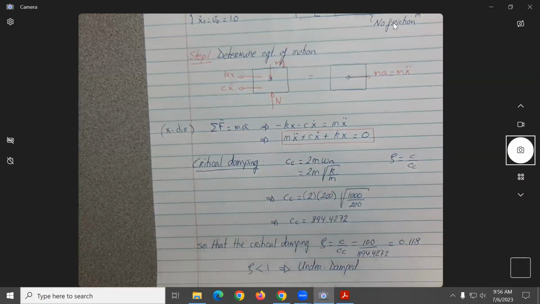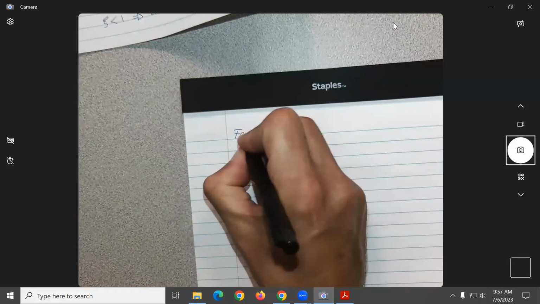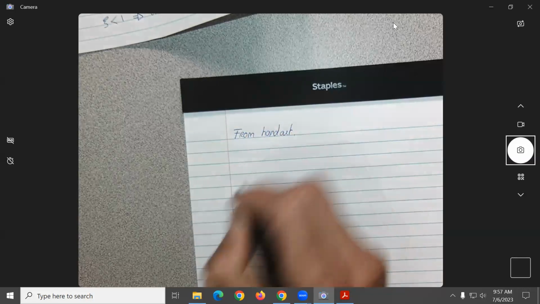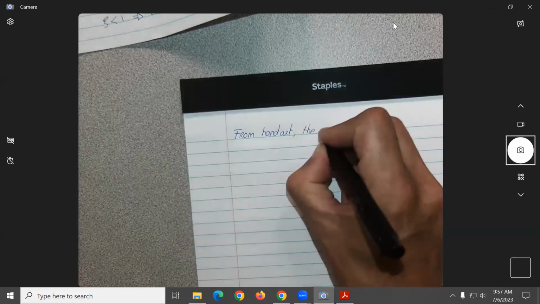All right. So now, do you remember, I think I posted online a handout. So you don't have to rederive it every single time. I think from the handout, maybe I found one that was a little bit better than the one I gave you. But let's say from the handout, correct me if this is one or not, the general solution